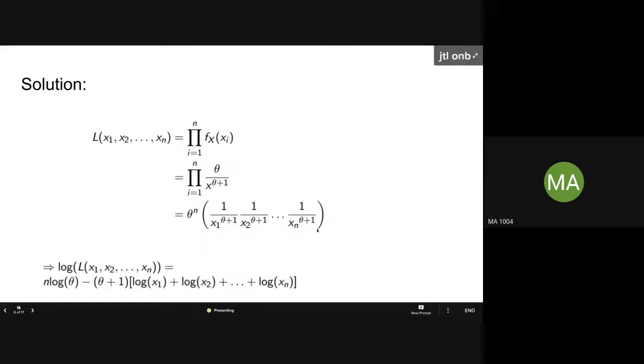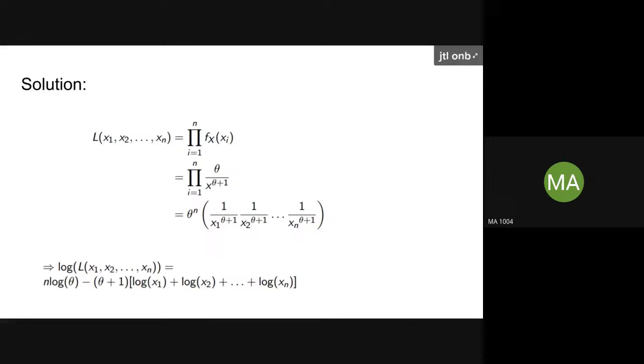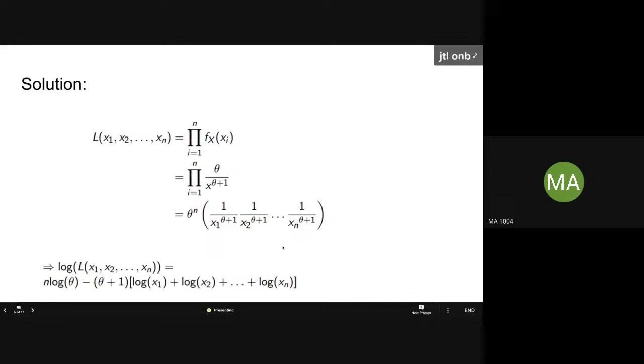So this will be your likelihood function. Integrating this, or rather differentiating this, you have to use the u by v formula, where you use v times u dash minus u times v dash divided by v square, and then equate it to 0. Then getting the value of theta will be a bit painful or complicated.